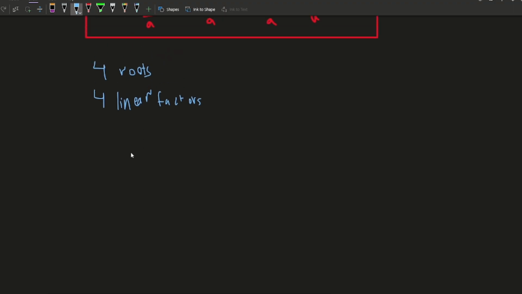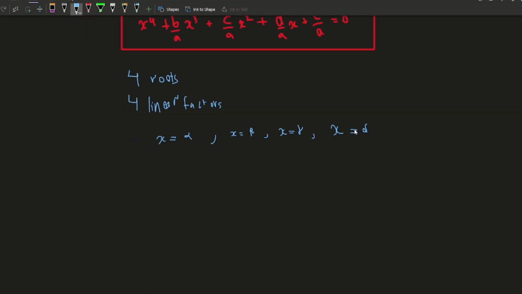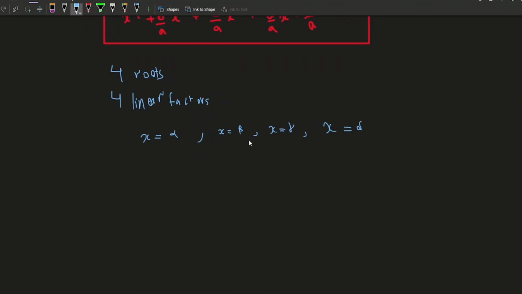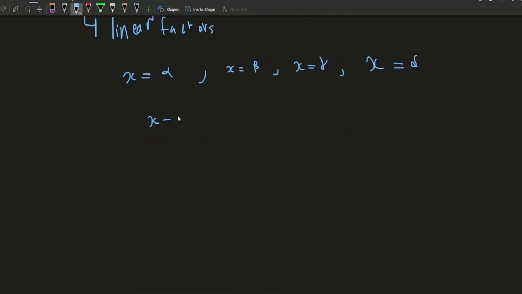The 4 roots are x equals alpha, our first root, x equals beta, our second root, x equals gamma, our third root, and x equals delta, which is the new one, our fourth. So let's write them as linear factors: x minus alpha, x minus beta, x minus gamma, x minus delta